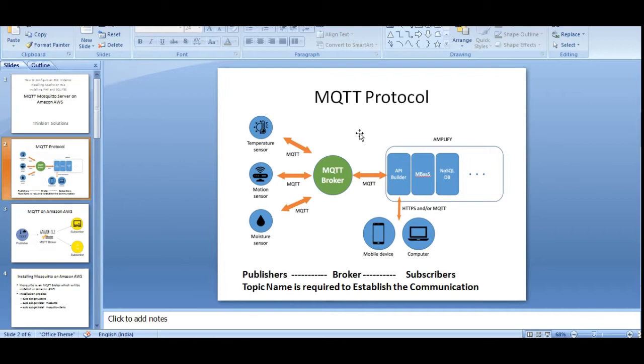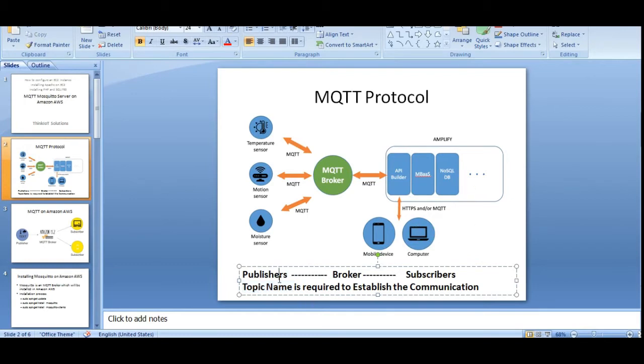The common thing that joins all these three together is the topic name. The topic name can be decided as per your communication. Whatever you are communicating, you can keep a specific topic name, and the same topic name needs to be used by the publishers to publish to the MQTT broker, and all the subscribers who have subscribed to that particular topic name will receive the messages.